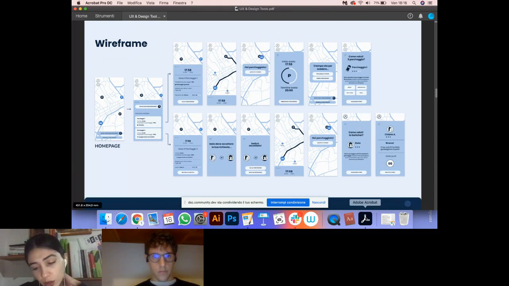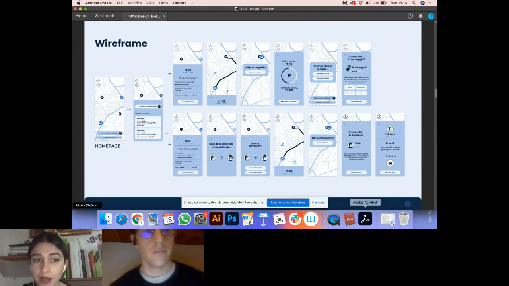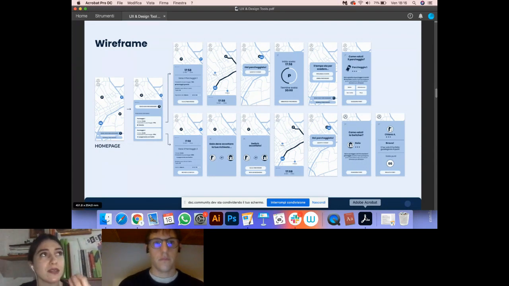It's important to tell you that all these design steps are fundamental for the success of the project, like benchmark analysis, the creation of personas, and the customer journey. Wireframe is the first visual step of this project path.